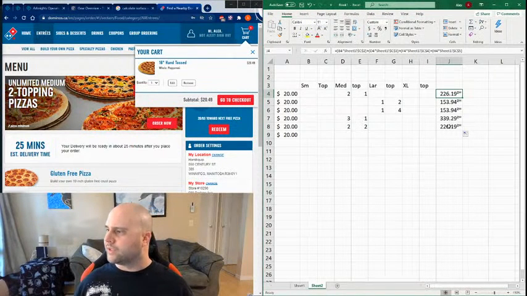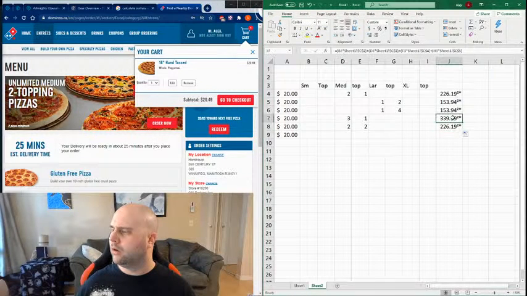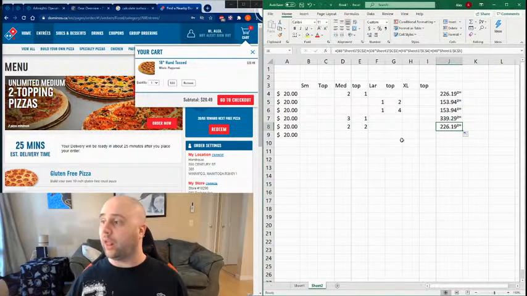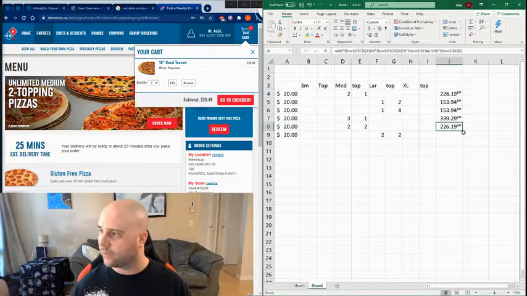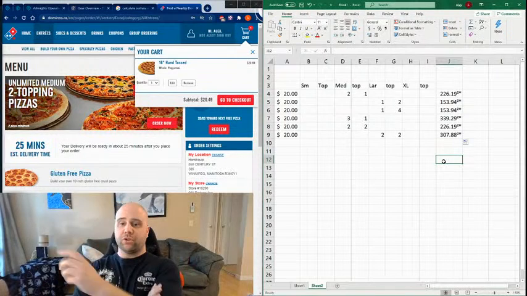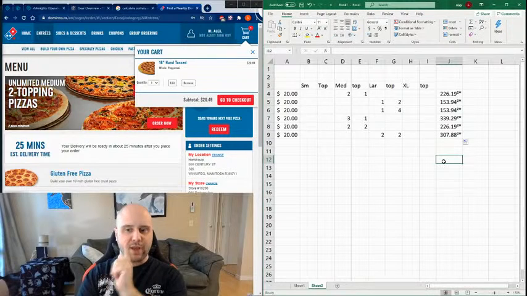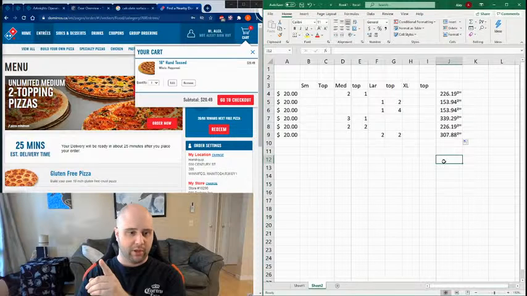Okay. All right. So, let's see here. What do we got? One more left. 2 large 2 topping pizzas. Okay. So for $20, we don't even have to do the math to see what our best pizza surface area value is. All right. If you're going pure surface area,